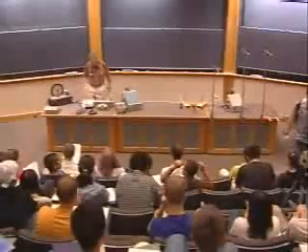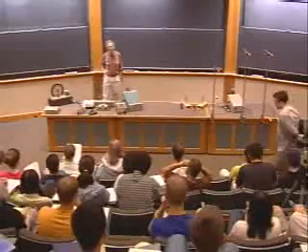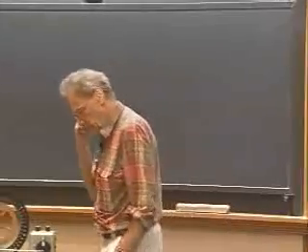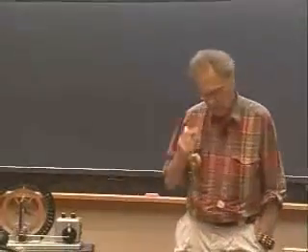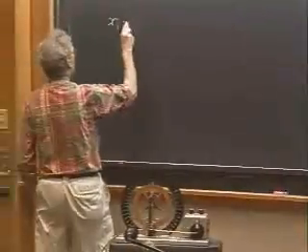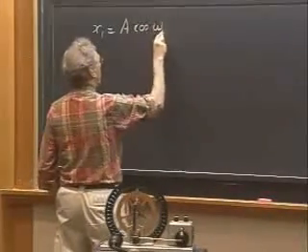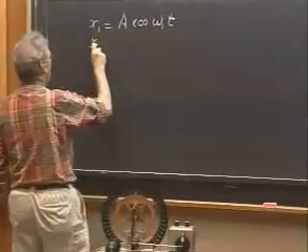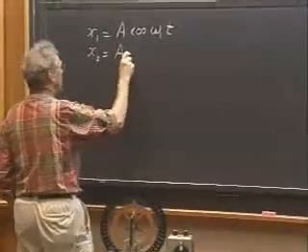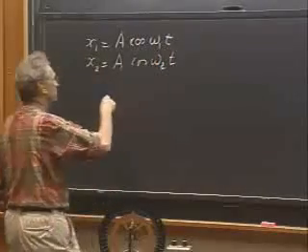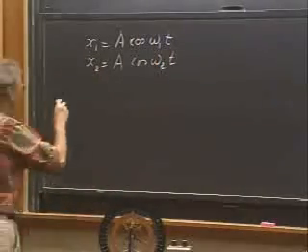I will start today with a very interesting phenomenon which is known as the beat phenomenon. Suppose you have two simple harmonic motions with the same amplitude but with different frequencies. So we have x1 is A times cosine omega 1 t, and x2 which is A times cosine omega 2 t, and the two are different, same amplitude. If you sum them,